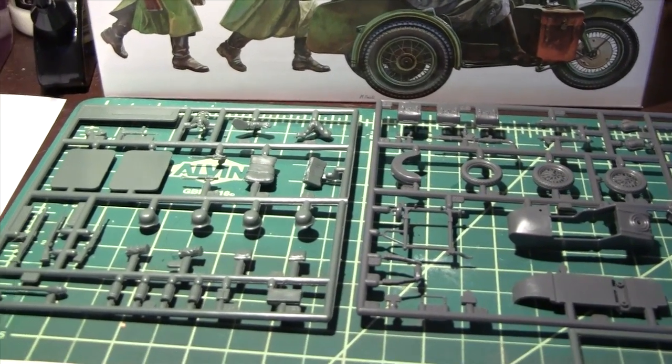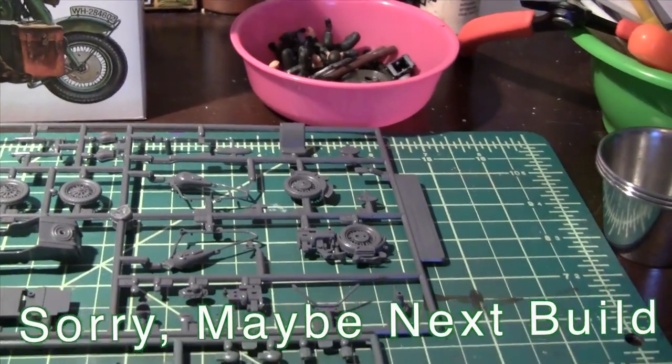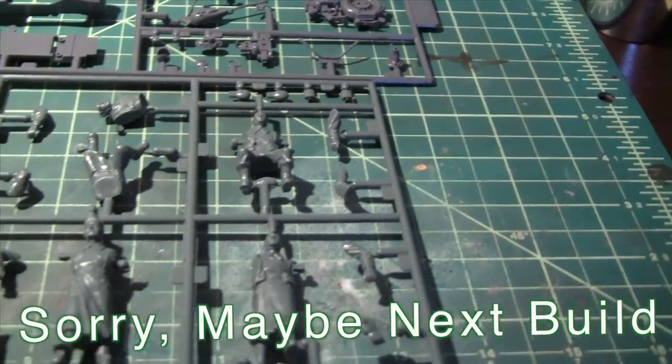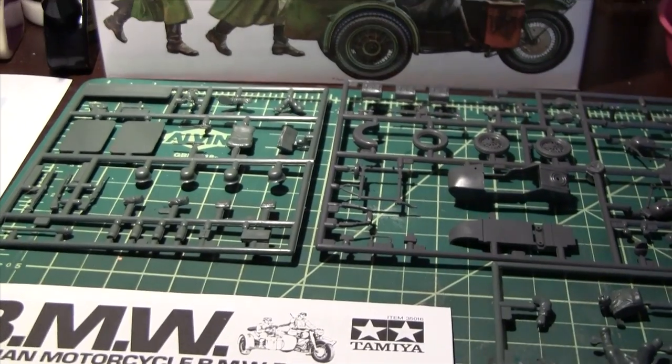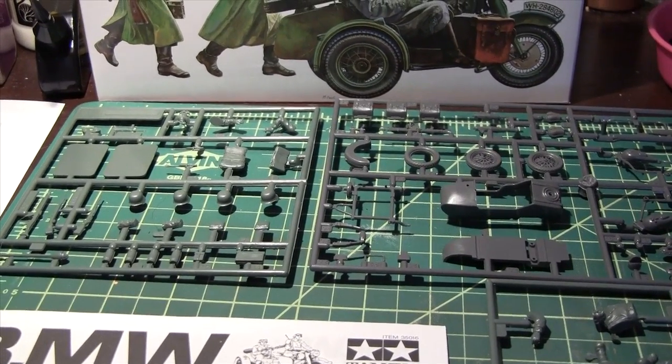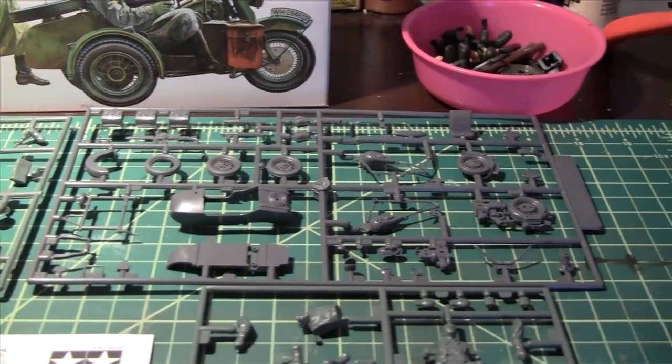I'm going to try to do a full build log on this one as much as I can, take some pictures and video and all that fun stuff and share it. But yeah, this should be a fun build and I look forward to it. Hope you come along for the ride,